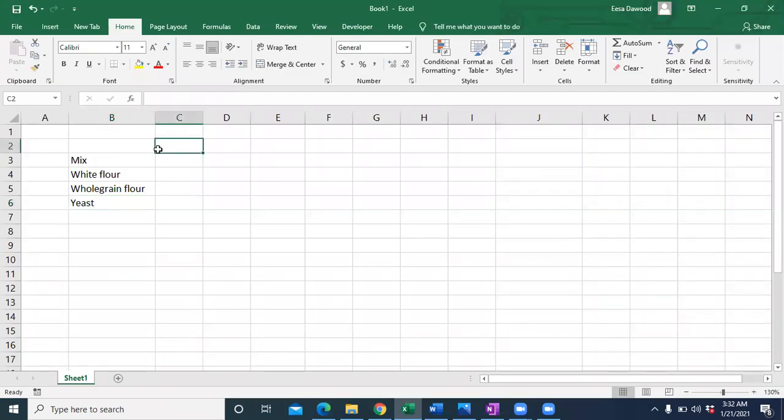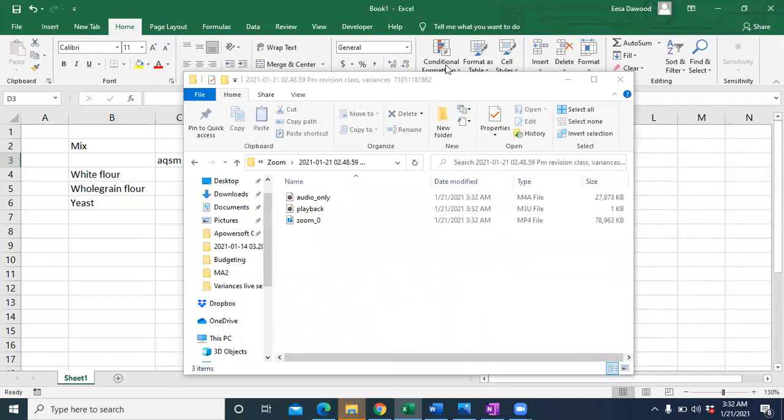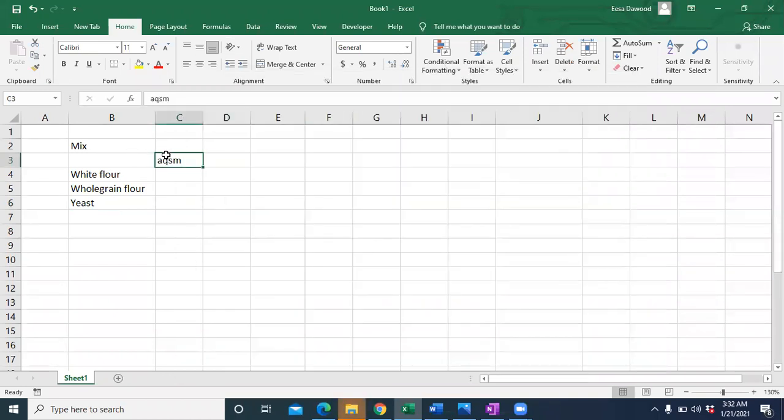Okay, so what is the formula of the mix variance? It is actual quantity in standard mix, or you can write it like this as you like. Actual quantity in standard mix, actual quantity in actual mix, and then you get a difference.